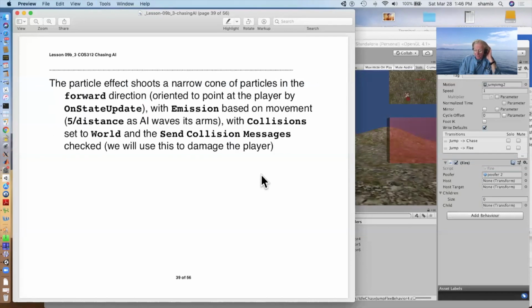The particle effect itself shoots a cone of particles in its forward direction. That forward direction was oriented by the on-state update. I'm going to emit based on movement. I'll emit 5 per distance as the AI waves its arms. So as it's waving its arm, it's moving and it's emitting particles in a cone that points out towards my